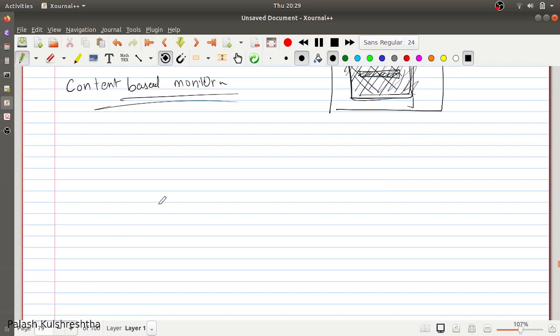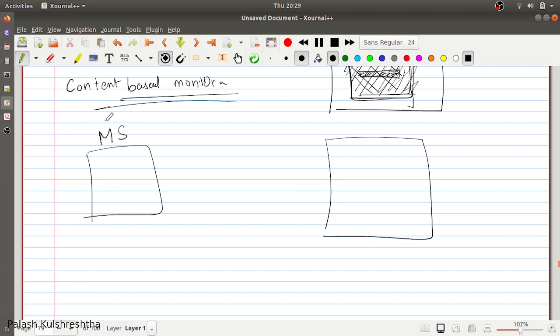Let's see what other types of checks we can do. Another check that we can do is, we can have an application monitoring system. Let's say this is our application monitoring system, and it is going to periodically call your API, and it is going to check its latency and maybe status code. And if you want, you can also check its content.